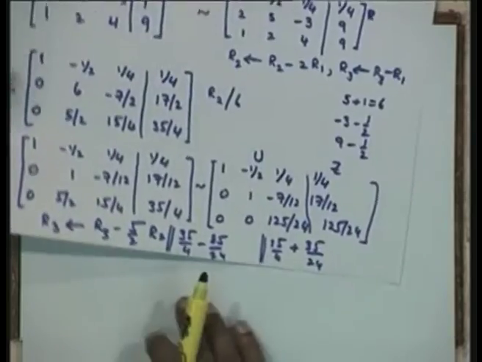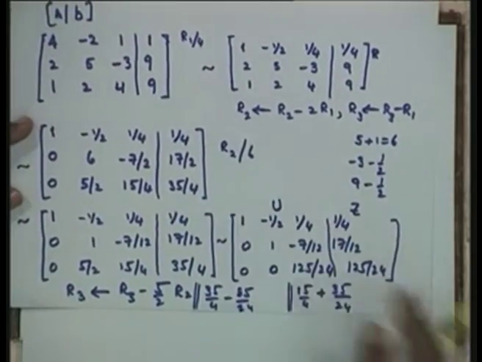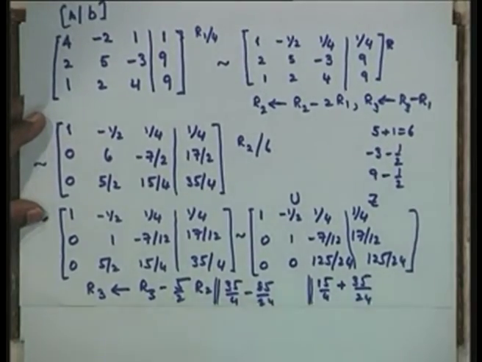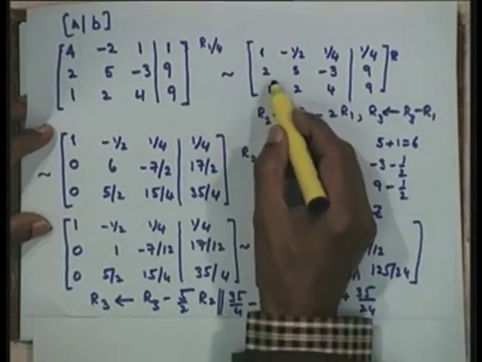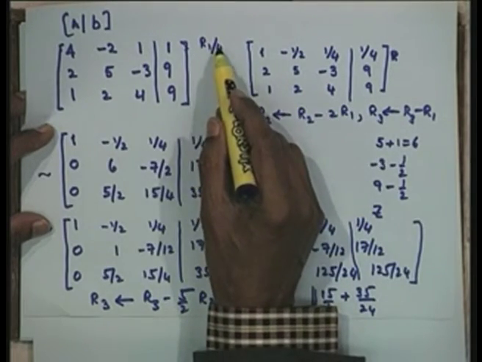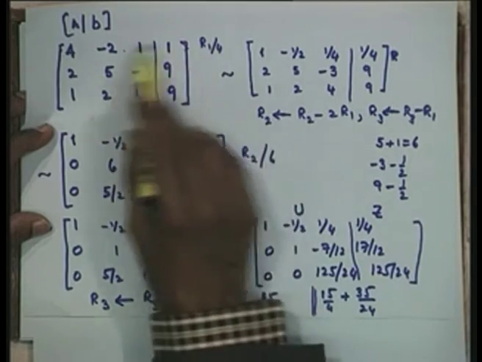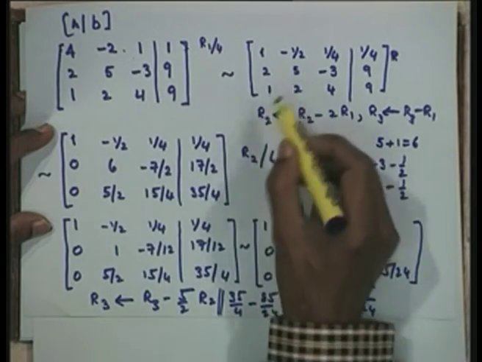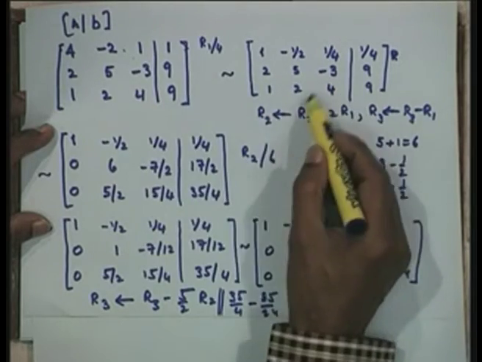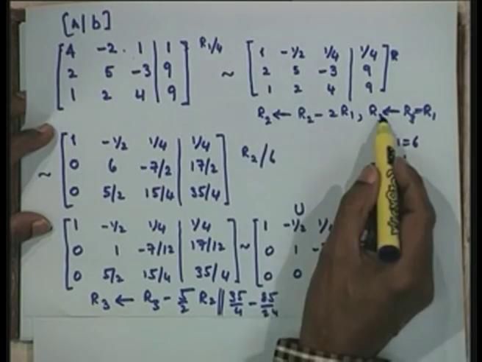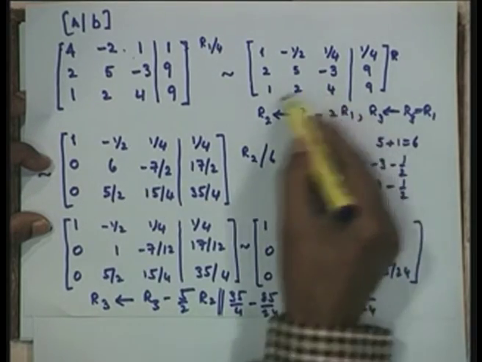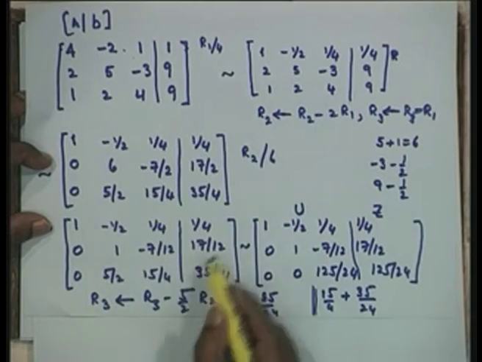But when you are actually doing hand computation, after one or two problems you would notice that I need not have written this particular step in between. I could as well have gone with R1 by 4, assuming that is done. Then once you write this one, I need not write these two because there is a repetition. I could then apply this transformation itself and get this step straight away.